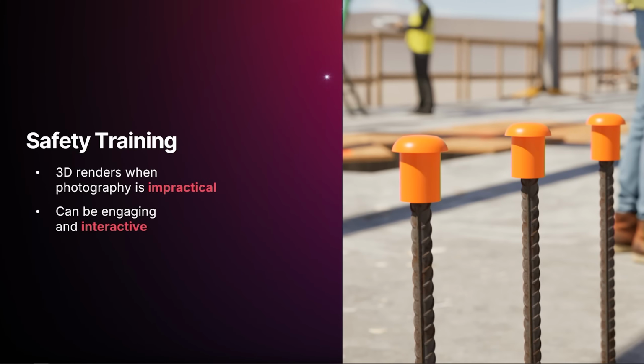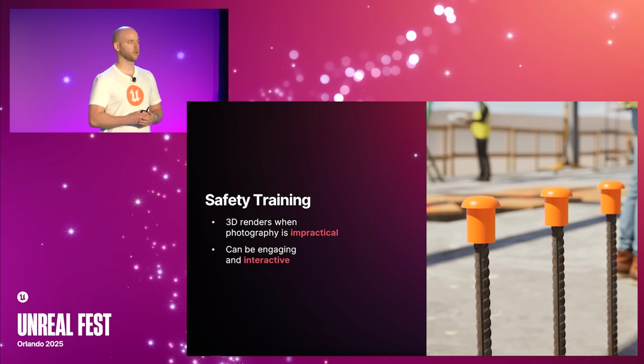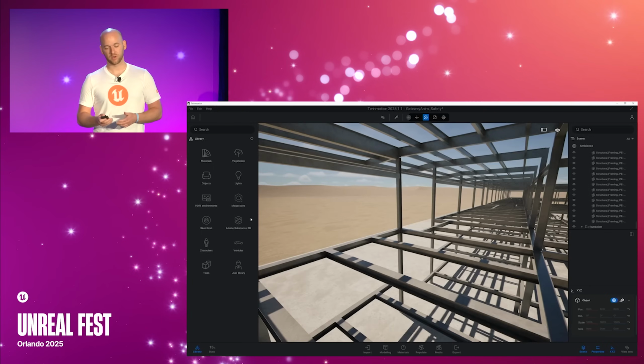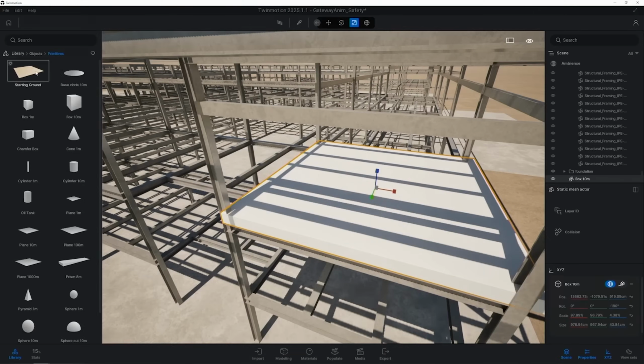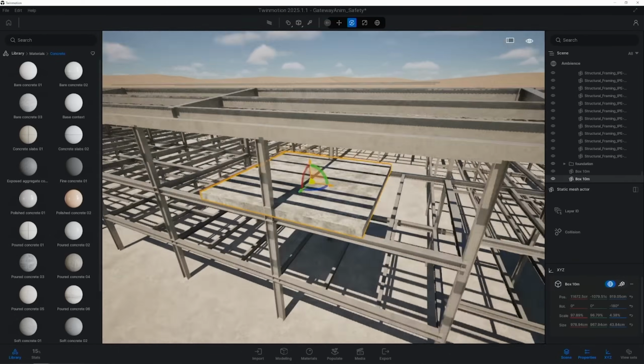Next topic is safety training. I think everyone's got to do it if you're working on a construction site. If you need to update old materials, then maybe you'll find situations where photography is impractical or expensive. And doing it in 3D gives you another benefit of it being a little bit more interactive and engaging, hopefully. So using that same BIM model that we had before, I wanted to put together a